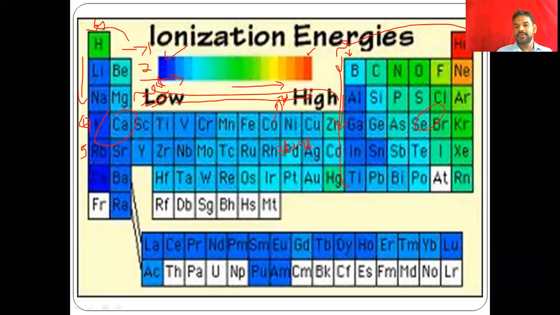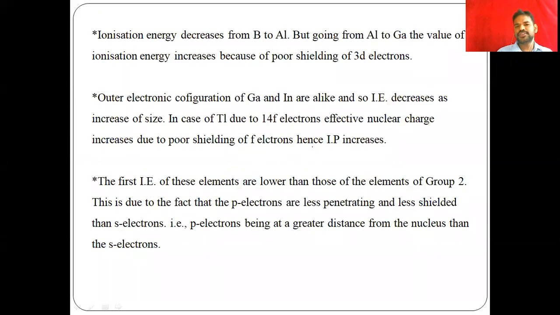Same in the case of thallium, we have 3d, 4d and 5d orbitals. Because of the d orbitals, the shielding effect becomes very low, and the electron pulling is very high here. So because of this reason, from indium to thallium also, the ionization energy increases. So this is the reason, the poor shielding effect, about the introduction of d orbitals.